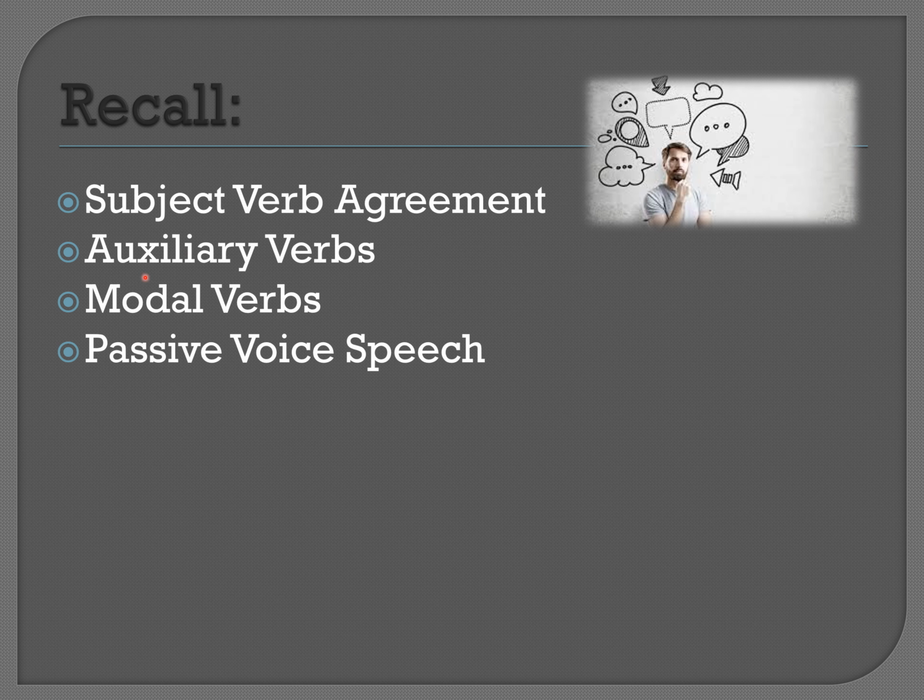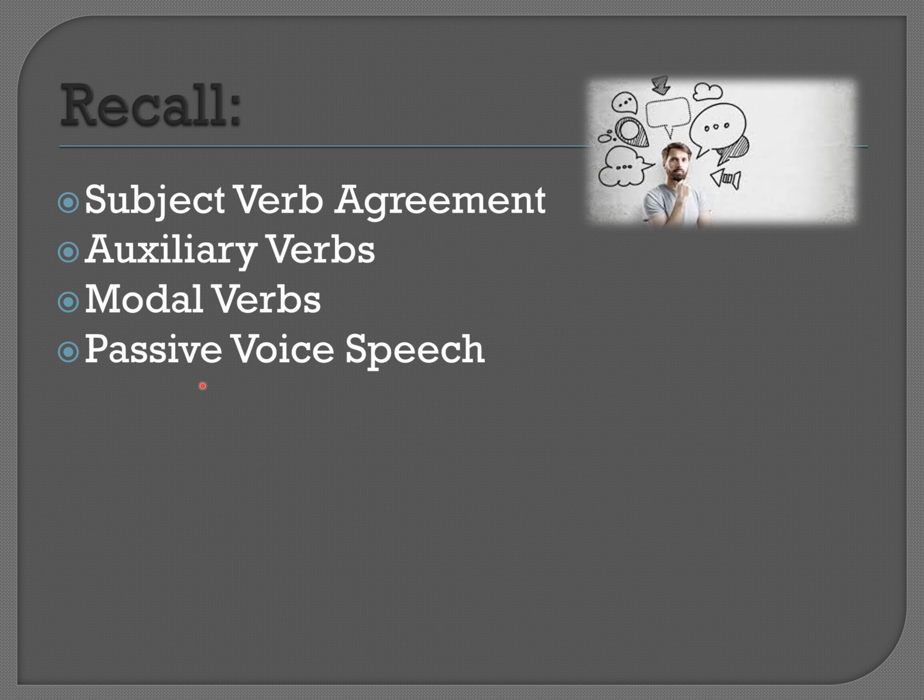Then we studied in our second class about auxiliary verbs and modal verbs. Auxiliary verbs are usually helping verbs. Helping verbs, for example, are is, am, are, was, were, has, have, did. All of these are auxiliary verbs. The special cases of auxiliary verbs are called modal auxiliary verbs. Modal auxiliaries or modal verbs are the verbs that show us the special cases. If you want to recall modal verbs or learn more about modal verbs, please visit our second lecture.